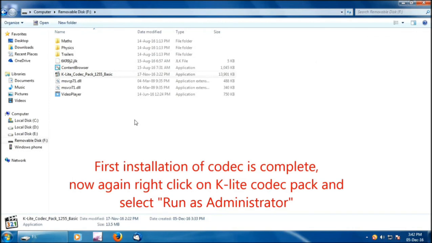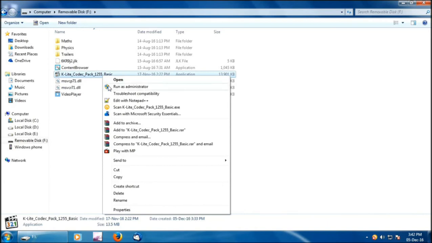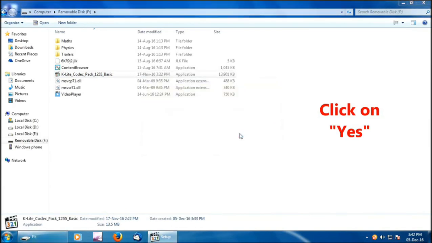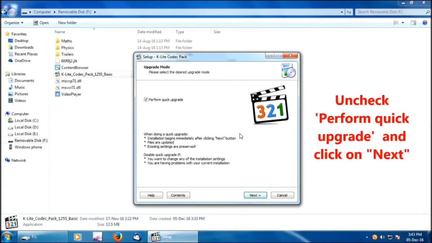Now again right click on Klite codec pack and select Run as Administrator. Click on Yes. If you get the Klite update message, then simply click on No. Uncheck Perform Quick Upgrade and click on Next.